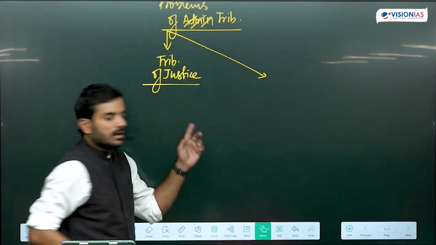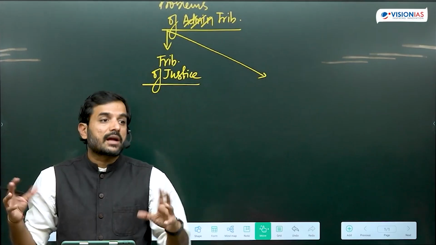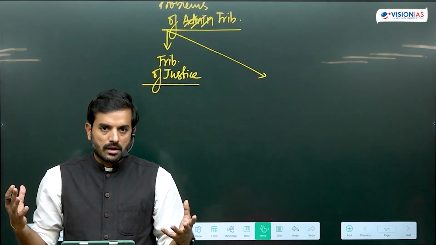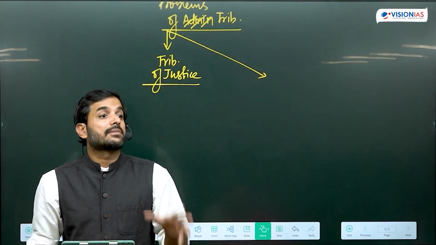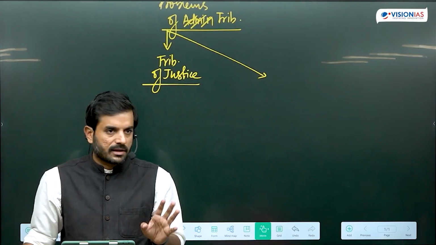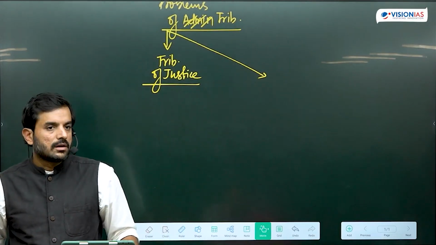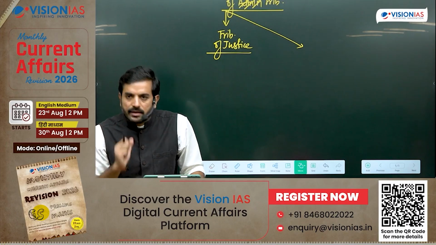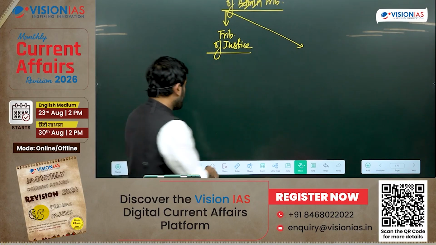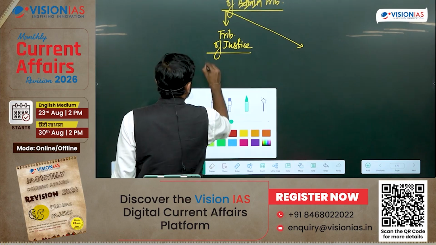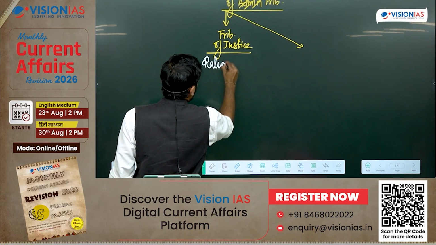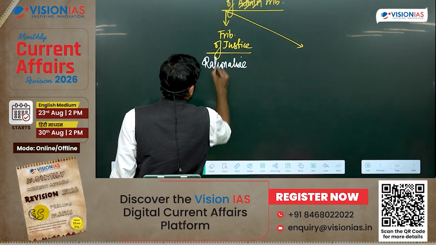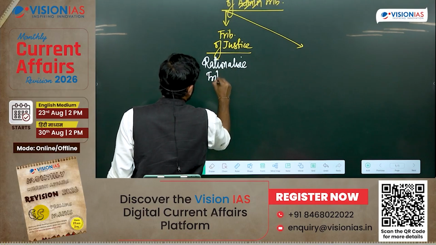What was the reform? You ended up setting too many tribunals in India, creating chaos, replacing the high courts. People started to say tribunalization of justice is happening. Secondly, there was a shortage of manpower. Because of that, many of the positions in these tribunals were lying vacant. So what did the government say? In 2021, let us rationalize the number of tribunals in India. Rationalize tribunals, which is basically